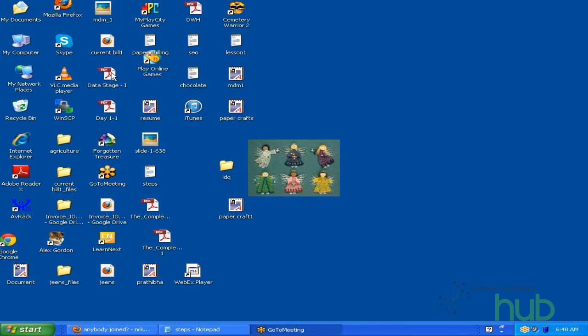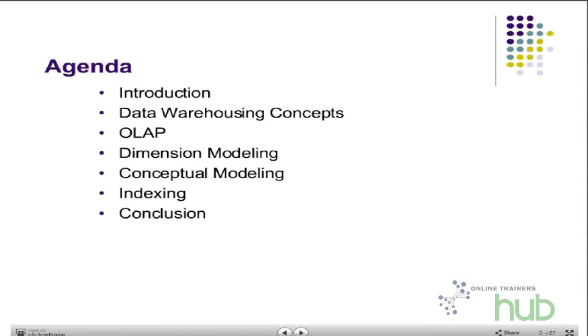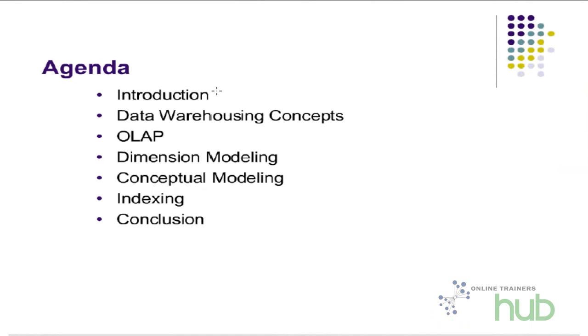Let us get started with the introduction to DataStage, where we are going to talk about where exactly DataStage comes in, and after that we will get into the details of DataStage. Yeah? So that is going to be the plan for today's session. After that I will try to talk about